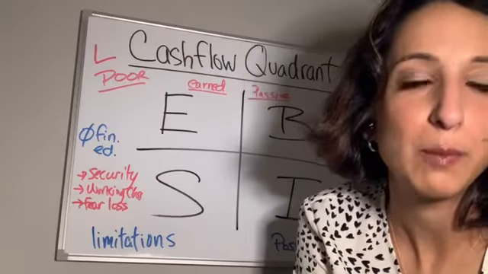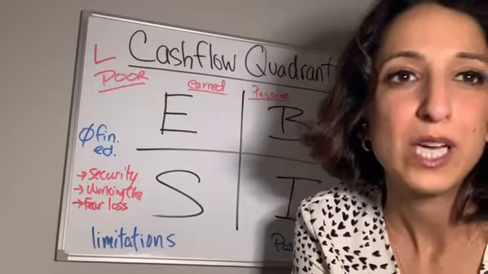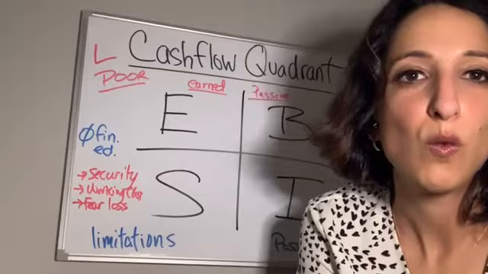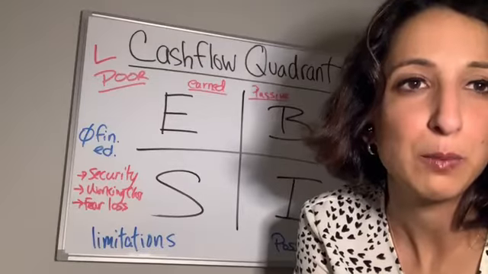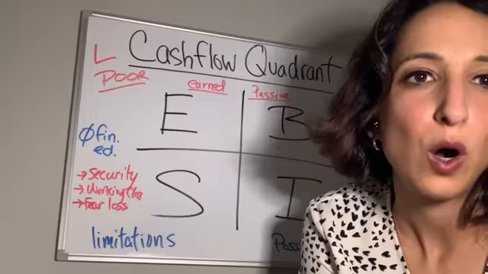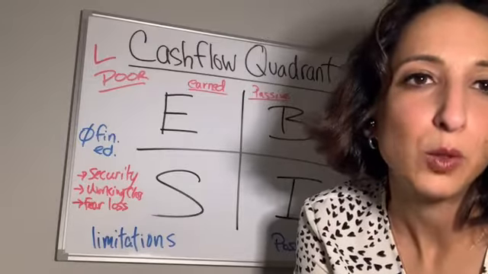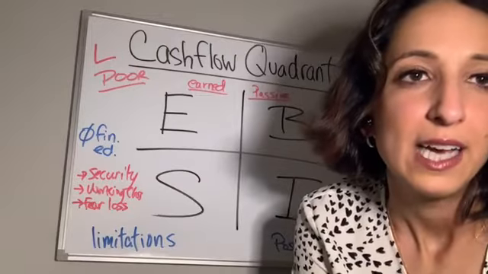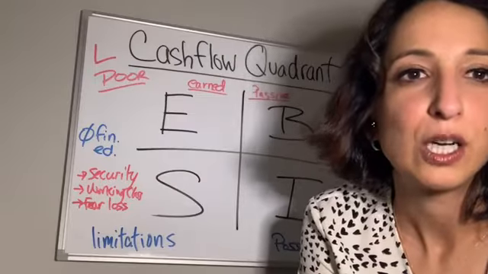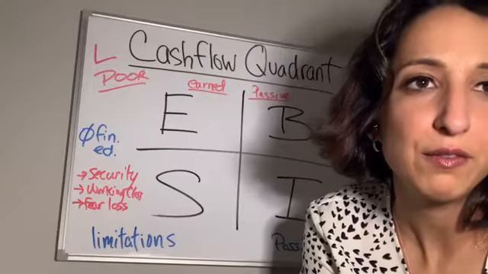discuss that with you. But the way that I've structured it for today is that I want to talk a bit about what is the cash flow quadrant. I want to go over the four different categories of how people make their income. And I'm going to focus a bit more on the left side of the quadrant, which is the employee side and the self-employed side. And then next week, what I plan to do is to talk a bit more about the right side of the quadrant, so the other half of it.